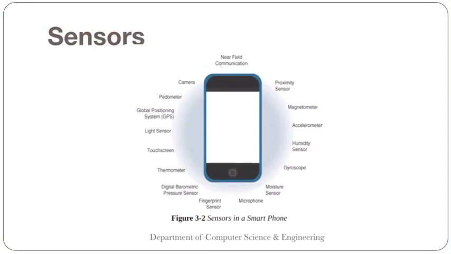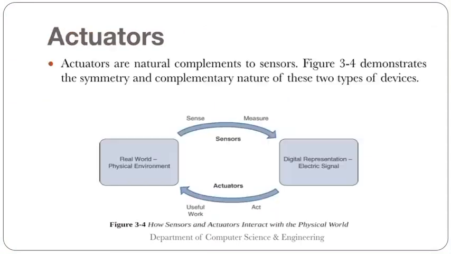So it is sensing things and collecting the data, and based on that it is taking some action. Yes or no? Like if you say fingerprint sensor, it is collecting your fingerprint, and if the fingerprint is correct, then it is unlocking your system, right? So those are the different sensors.